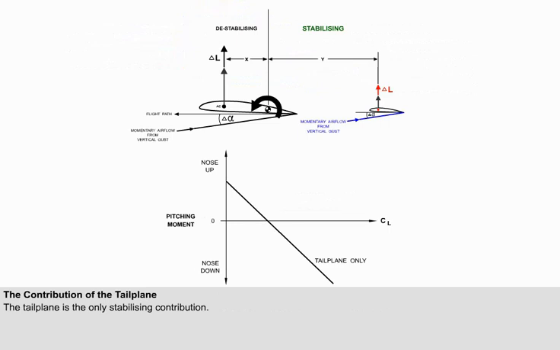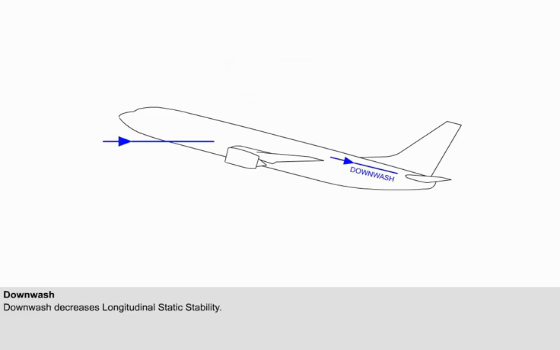As we have already established, the tailplane is the aerofoil that provides the stabilizing influence to the aircraft. This is due to the stabilizing pitching moment it generates when the aircraft is subjected to a change in angle of attack. For simplicity, the first explanation of longitudinal static stability assumed a gust would give the same change in angle of attack to the tailplane and the wing. In practice, the airflow at the tailplane will be affected by the airflow from the wing trailing edge, as illustrated, and the tailplane will experience a smaller change in angle of attack than the wing.